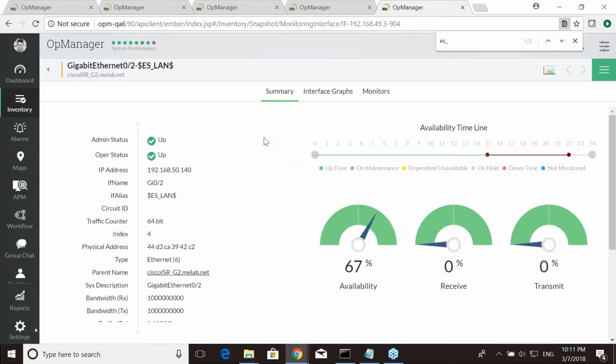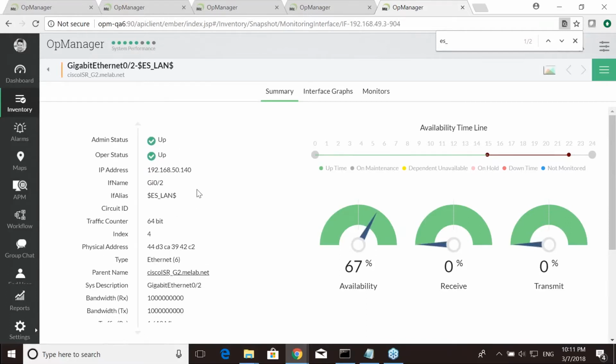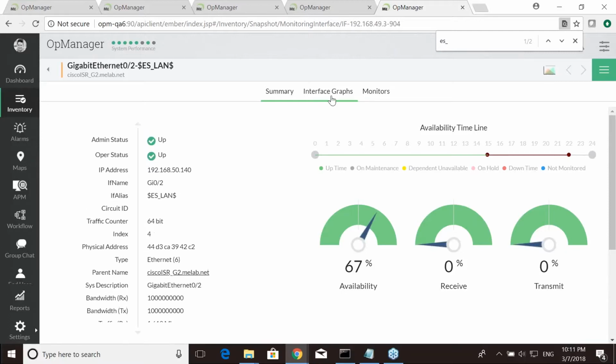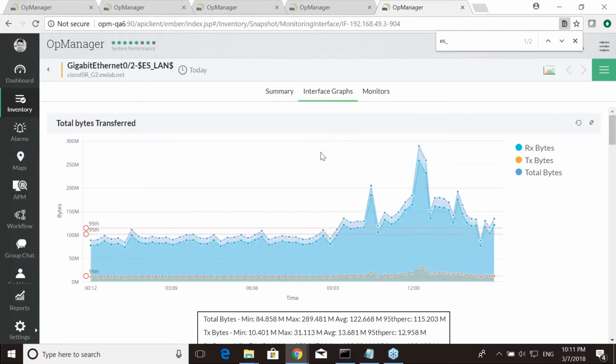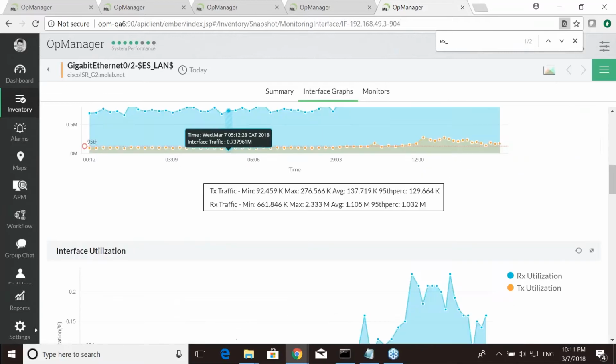On the summary page, you get to know the admin and operational status, the IP address of the interface, the interface name, the alias name, the traffic counter type, the interface speed, received traffic, transmitted traffic, and so on. The interface graph again shows you the total bytes transferred, the interface traffic utilization, in traffic and out traffic,